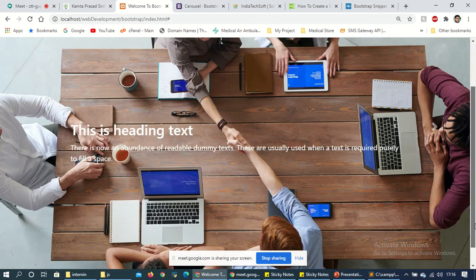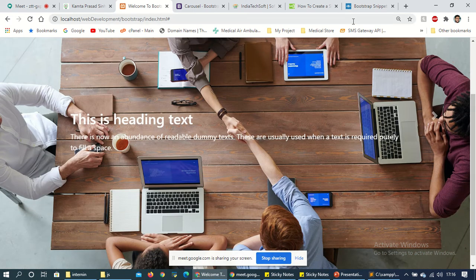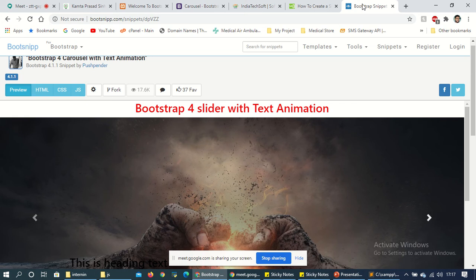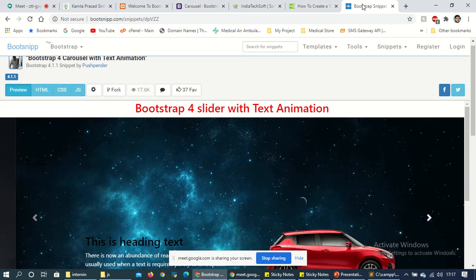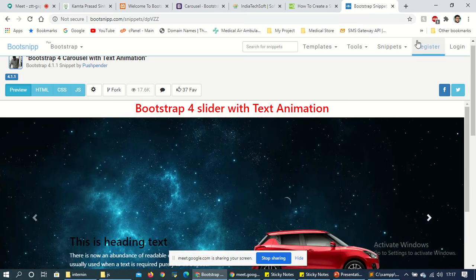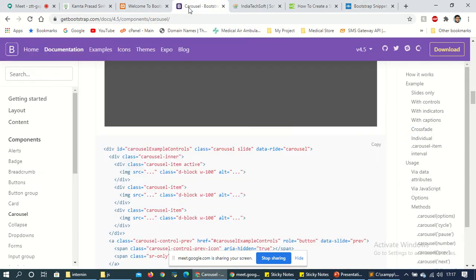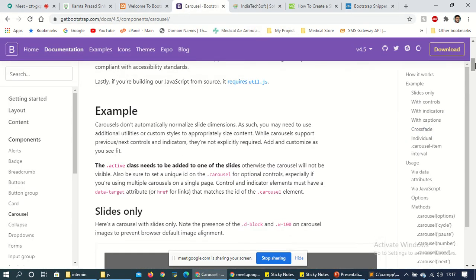But I think some file is missing here. Using Bootstrap. I have just tried the same code file.